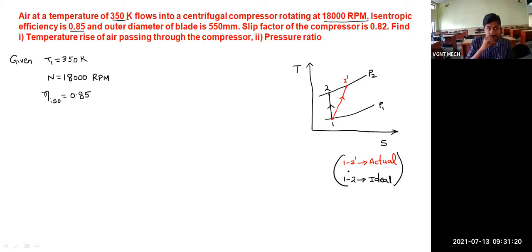Okay. Next, outer diameter of the blade is 550 millimeter. Outer diameter means D2 is how much? D2 is 550 millimeter. If diameter is 550 millimeter, that implies what is R2? Outer radius is